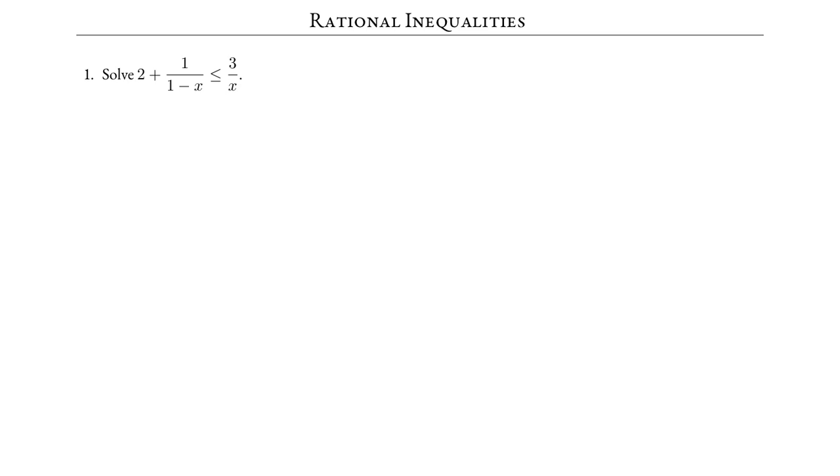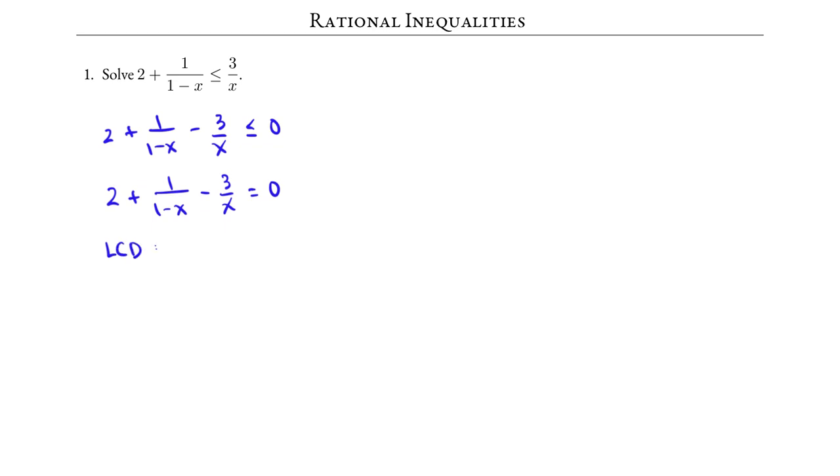Solve the inequality 2 plus 1 over 1 minus x is less than or equal to 3 over x. First, we move our terms to one side: 2 plus 1 over 1 minus x minus 3 over x is less than or equal to 0. We first solve the equation 2 plus 1 over 1 minus x minus 3 over x equals 0 with the